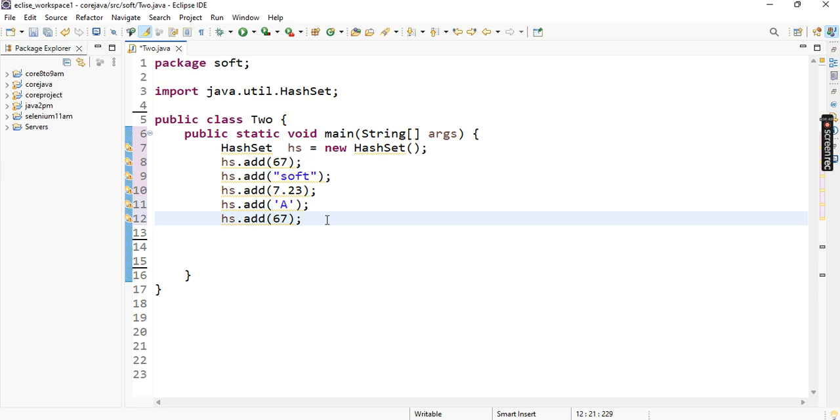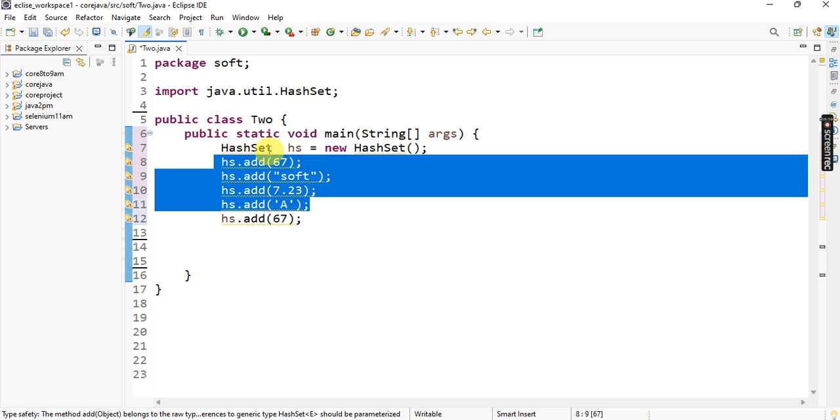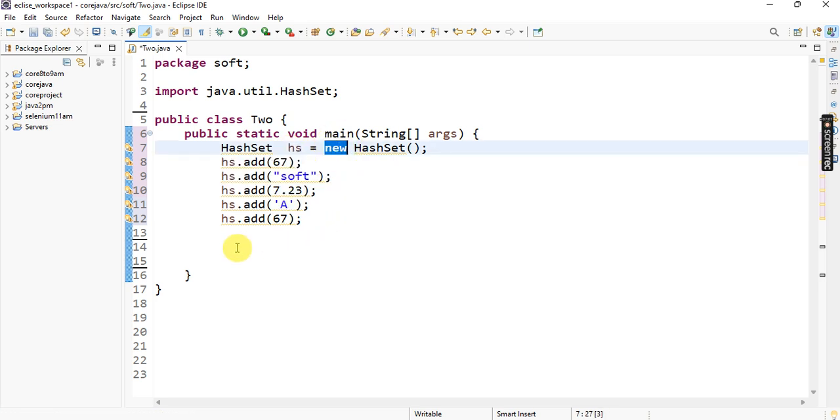Why? Because if the value is already available, it skips that value; otherwise, it is stored. So these are the 4 values stored into HashSet memory. Okay, fine. So using the add method,